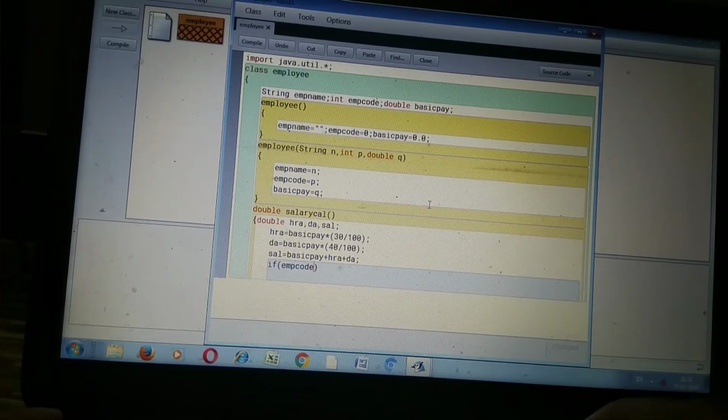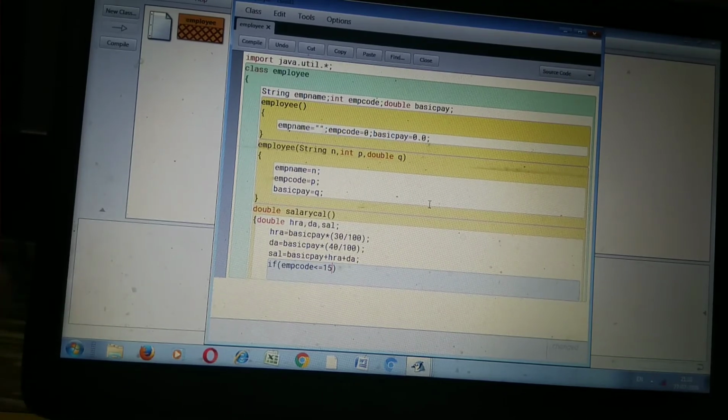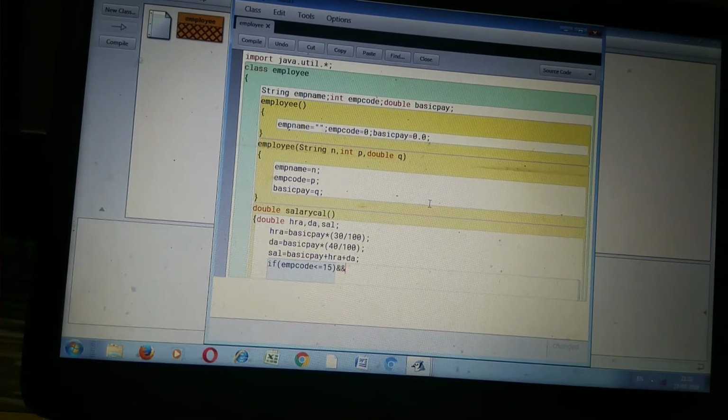Employee code is less than or equal to 15. The first condition is this, and the second condition is salary is less than or equal to 15,000.